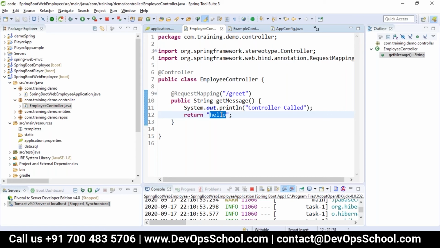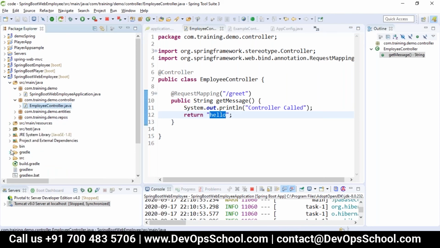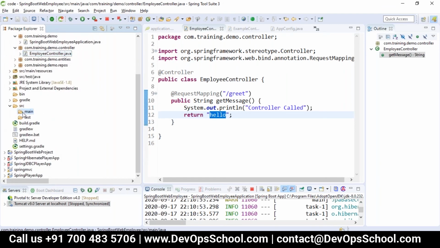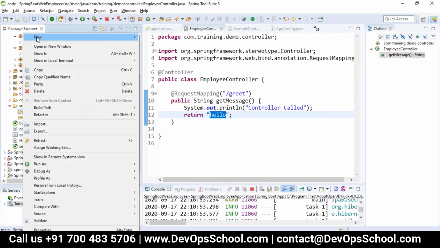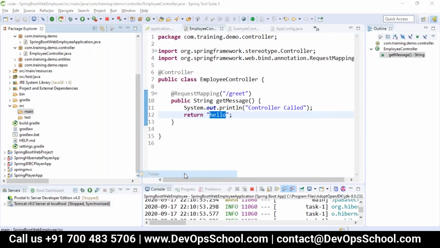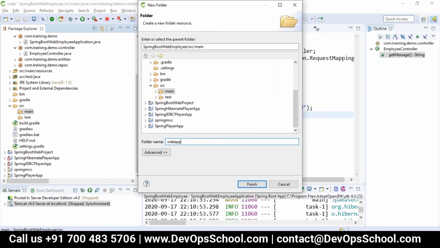So where should our hello be available? By default, all your mappings will be available, so here we have to map where our code should be present. That is inside our src. It's a Gradle project, okay, main. I will mention here the folder, which is webapp.